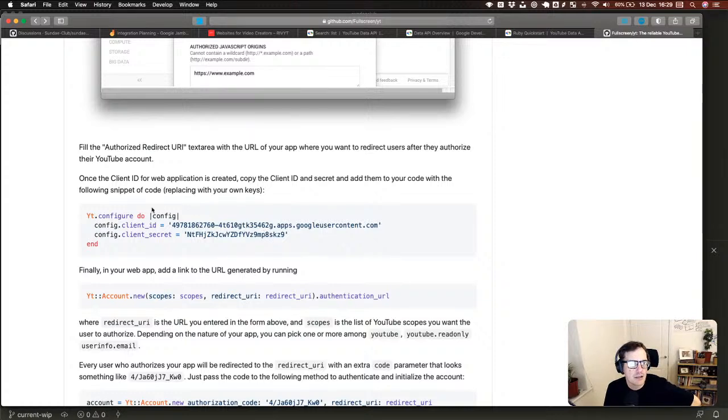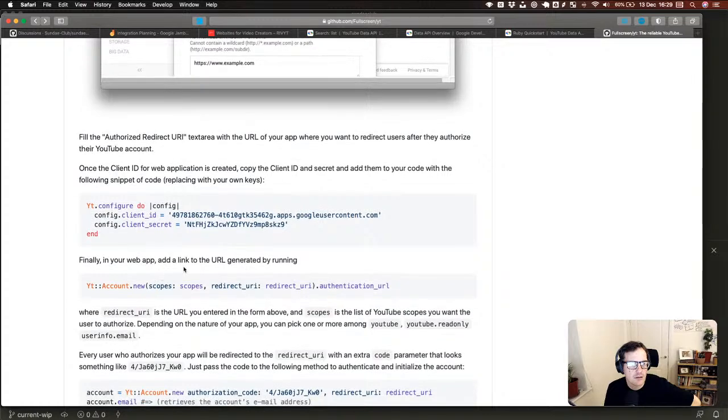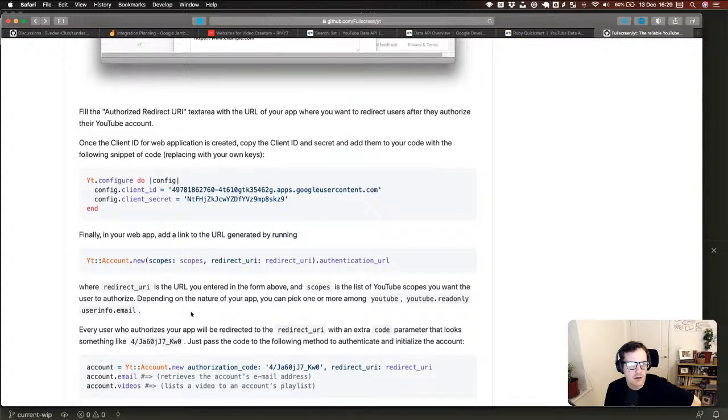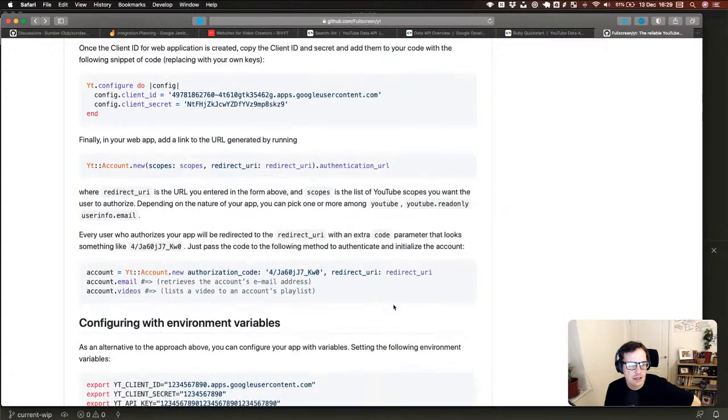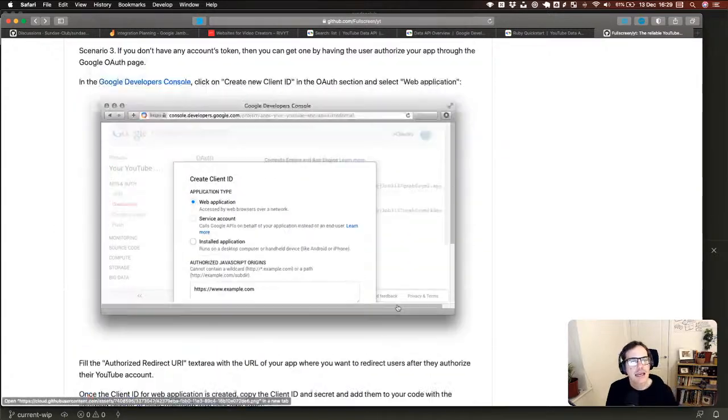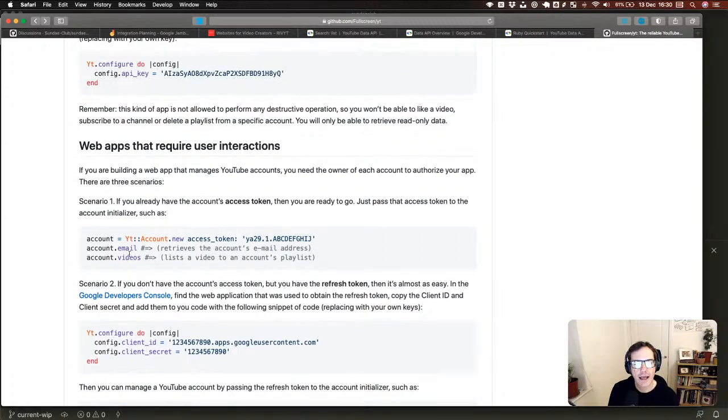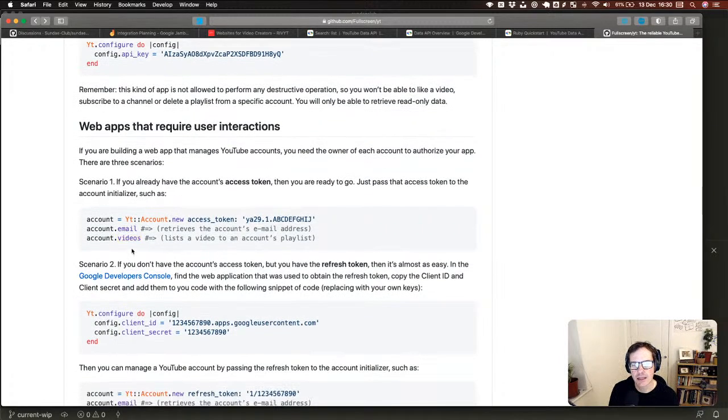Once you have the client ID, copy it and fill in the redirect URL for your script. The authorize code parameters look like this. Just initialize the account. Okay, so we won't have any tokens from the user when they come, because we won't know anything